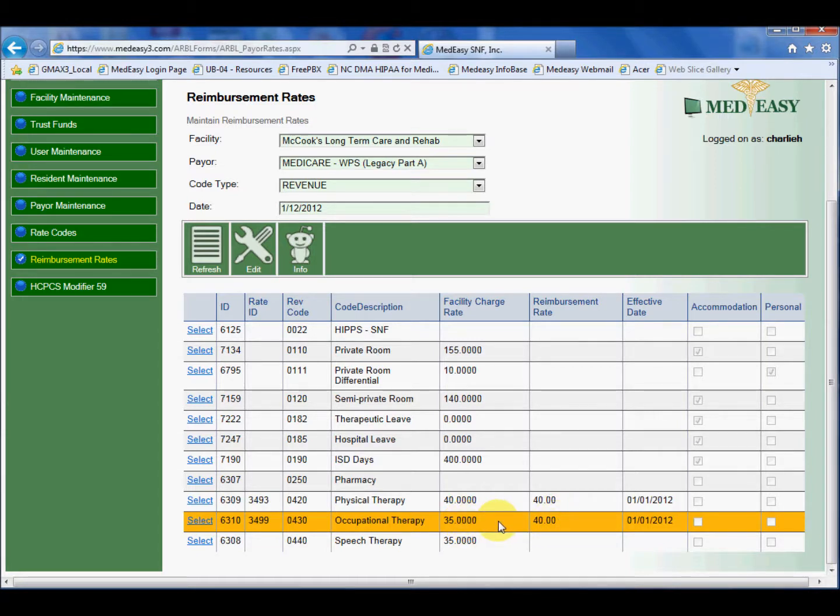If your facility charge rate is actually incorrect and should be 40, you would actually maintain that in the rate code portion of the MedEasy 3 system. If your reimbursement rate was actually keyed in incorrectly, then you can fix that here inside the reimbursement rate area of the system. So let's correct the reimbursement rate for revenue code 0430, occupational therapy,